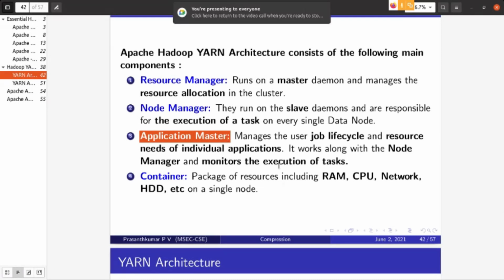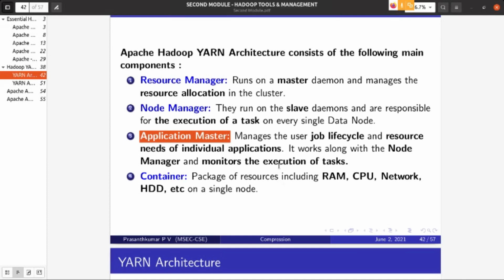It manages the user job life cycle. What is its function? It manages that MapReduce application. One application master is running for a MapReduce job, and its responsibility is to manage that particular MapReduce application running in the cluster, its job life cycle and the resource needs of the individual application.